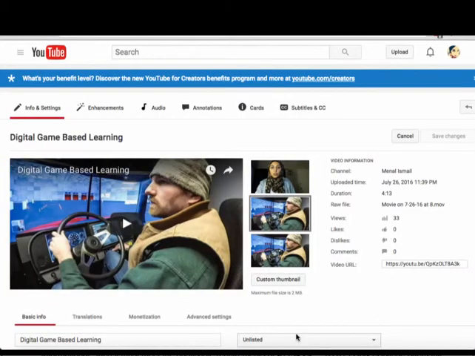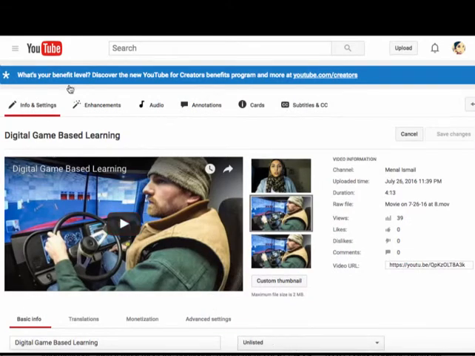A great alternative, which is free, is YouTube. It gives the option to add subtitles and closed captions before posting your video onto the YouTube website. As you can see here, the last tab is labeled Subtitles and Closed Captions. If you click on that tab,